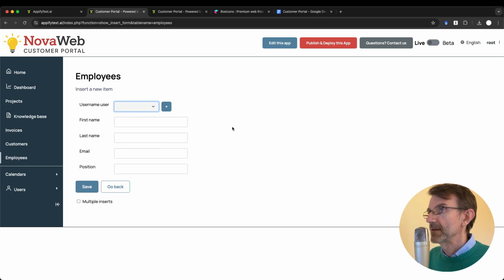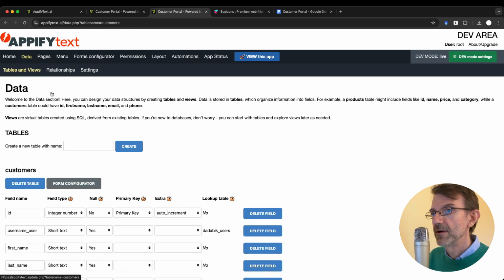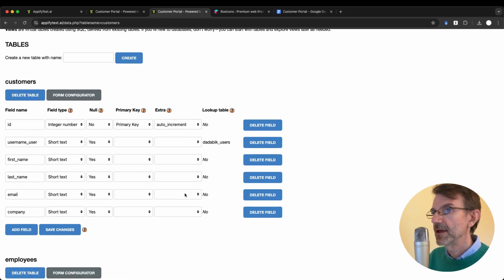Okay, well, that's good. It works, but if you don't need much additional information for each employee, maybe you can remove this table and just use the users table. And the same for the customers. So you will remove customers and employees, and to remove a table, you need to go here and